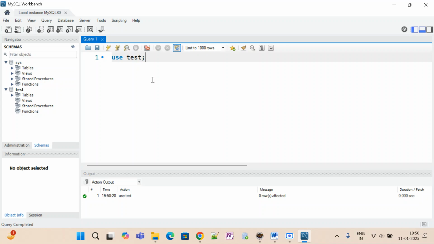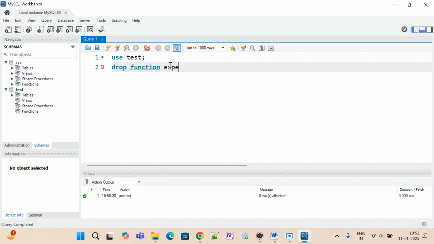Okay, see, we have already created the functions, but most probably we forgot it, right? Let me create it once again. My function name is experience of an employee. I will do one thing. First, I would like to drop the function. So for dropping the function, what command do you have to use? You have to use drop function. What is the function name? Experience of employee,